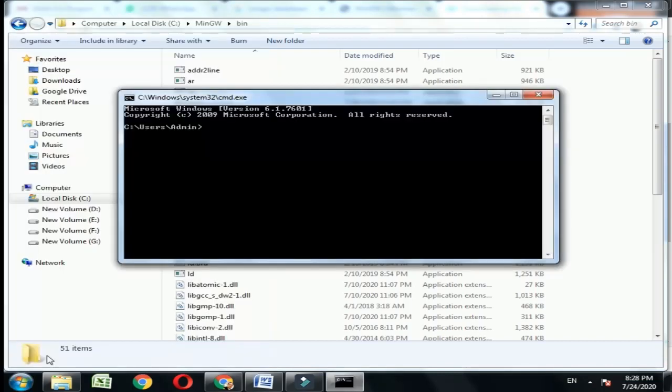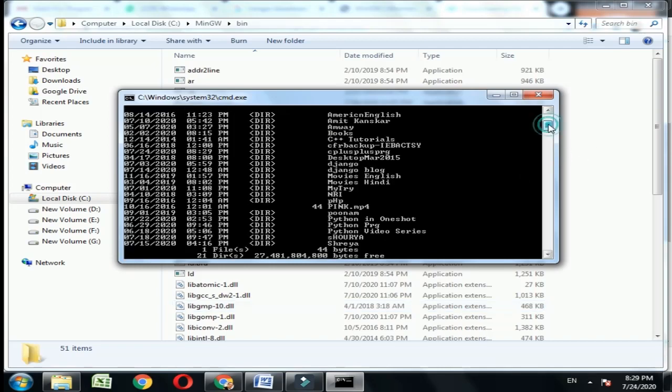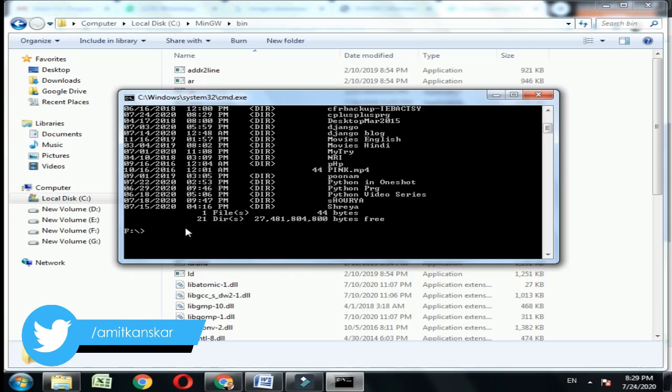The command prompt will appear, and go to any drive or create one folder, like I am creating C++ PRG. So this is my directory where I will store all the C++ programs or C programs.